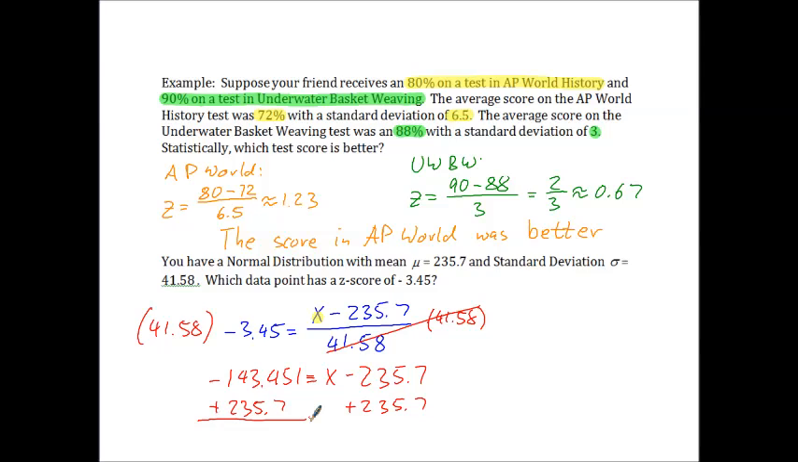And we get 92.249 is equal to x. That is the data point that has a z-score of negative 3.45, which is way below the mean. So our data point is 92 compared to a mean of